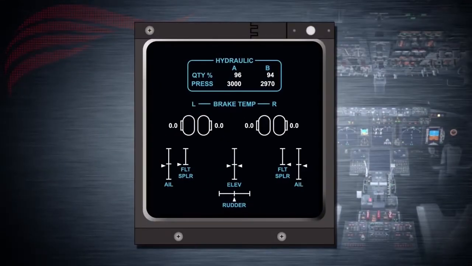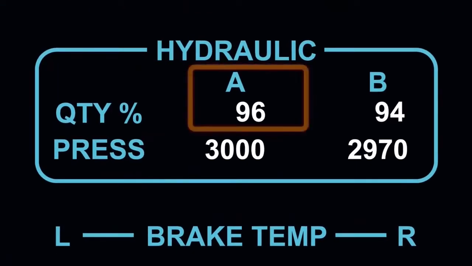There are also hydraulic system indications on the lower display unit systems display. Quantity and pressure for systems A and B are shown at the top of the display. Quantity is expressed as a percentage of the normal full level, 5.7 gallons for the A reservoir and 8.2 gallons for the B reservoir. The percentage range extends up to 106% to indicate an overfill of the reservoir, and if